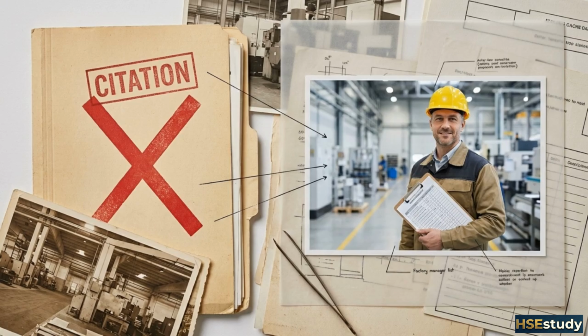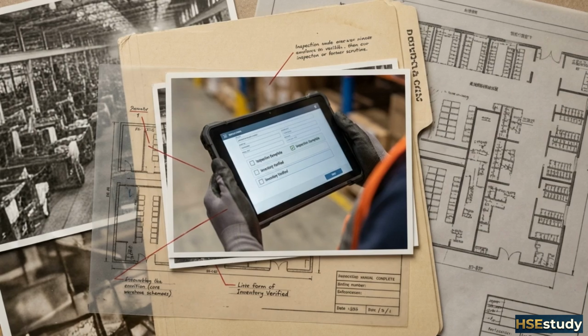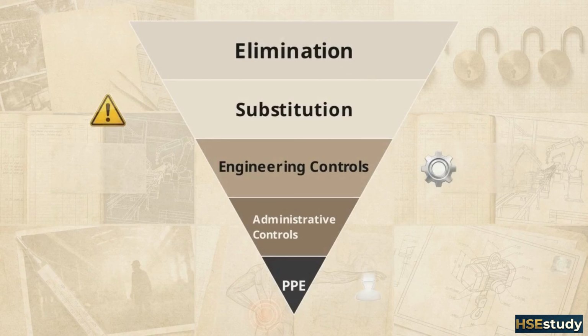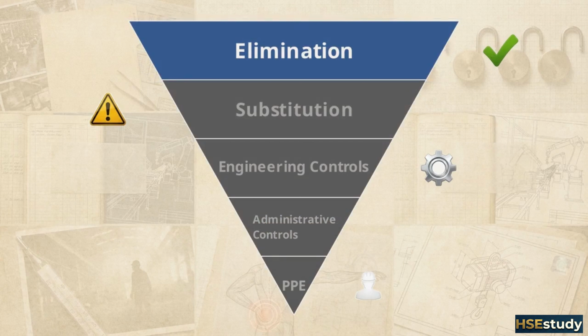Navigating these specific legal hurdles prepares an employer to evaluate whether a citation is valid or simply an overreach of authority. To protect your workforce and your business, you need to turn this legal theory into practical action with a Monday morning survival checklist. Step 1. Rigorously document the hazards specific to your operations and proactively implement the hierarchy of controls to mitigate them, starting with eliminating the risk entirely if possible.